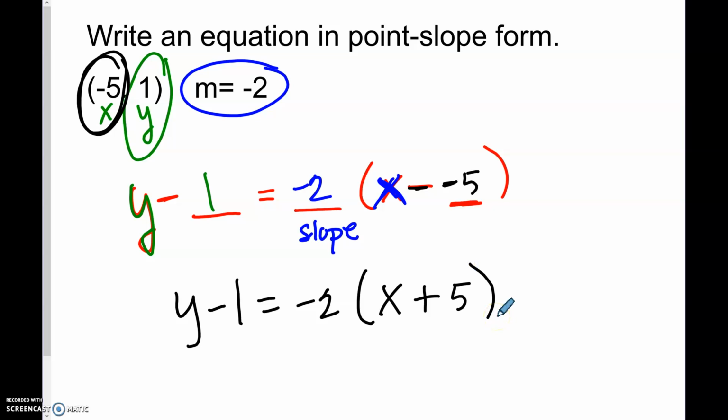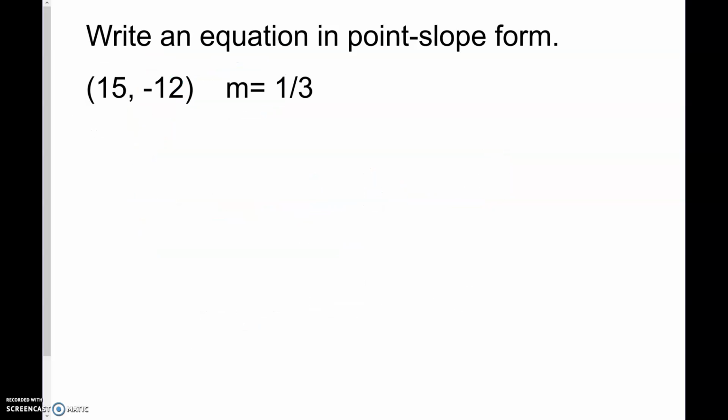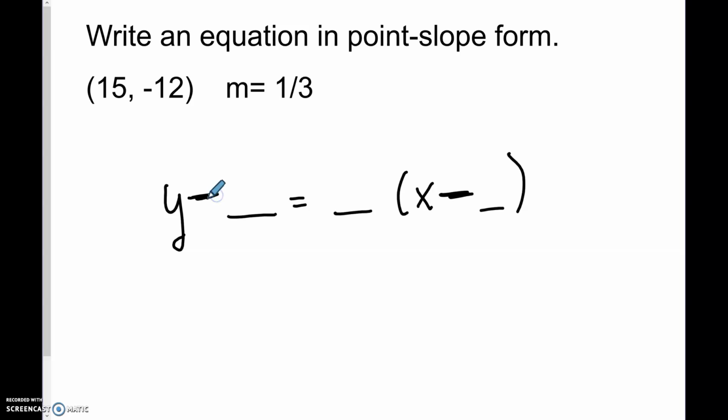And some of you might be realizing, okay, that says -5. What does my final equation say? Plus 5. It's the opposite. I see a 1. I see a 1. What does my equation say? A -1. So some of you might be able to just make that adjustment. Okay, last problem, point slope. Remember, it's y minus a blank, blank, x minus a blank. Because these are minuses, that's why it's the opposite sign. Okay, slope goes here, so we can see that this slope is 1/3, and then we put in a negative 12,